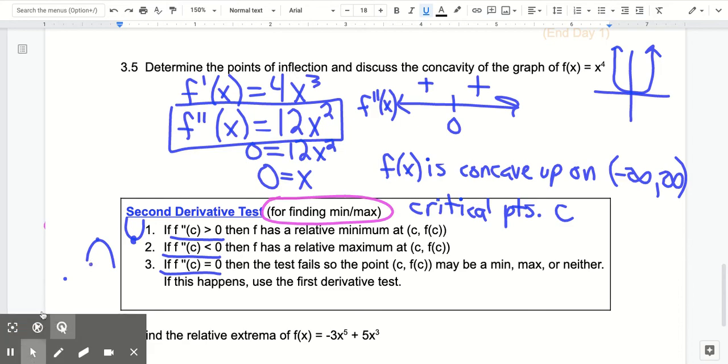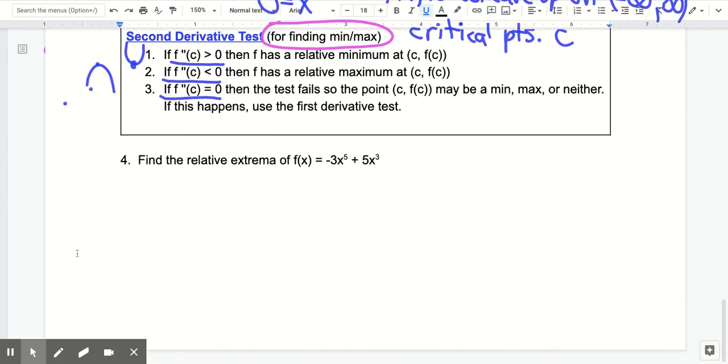Maybe. Give it a scroll. There we go. So we want to find the relative extrema of this function. So what we're going to do first is find our critical numbers. So first derivative